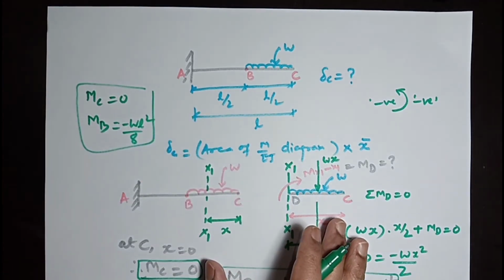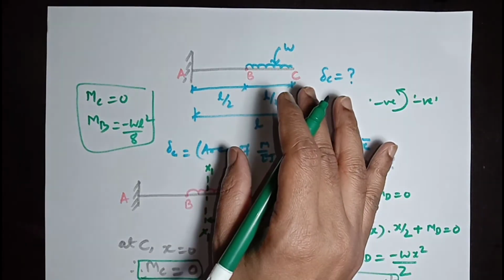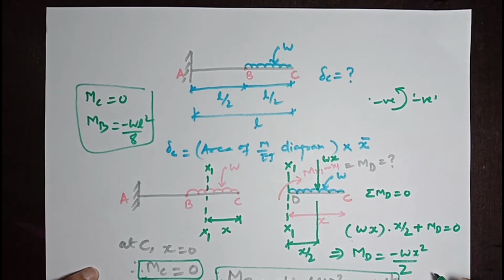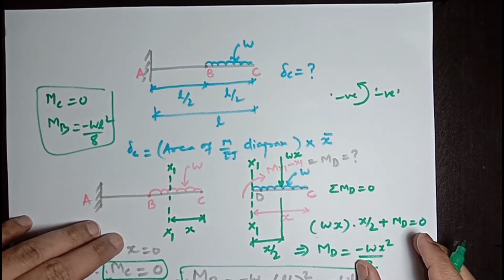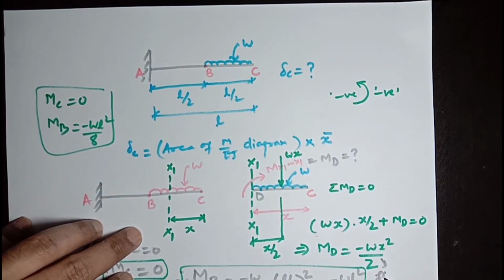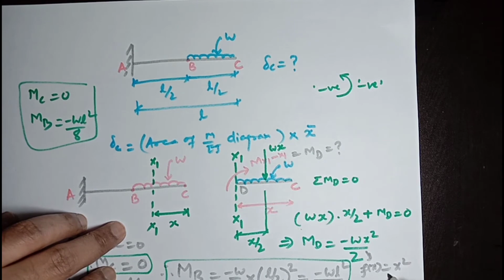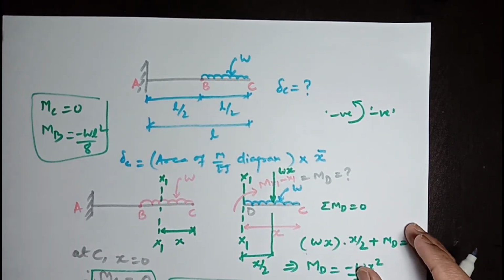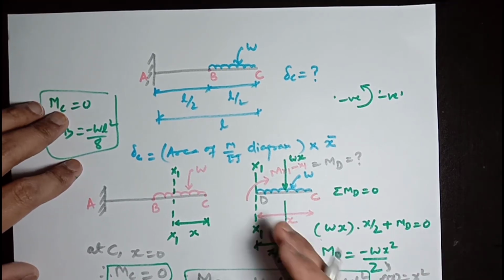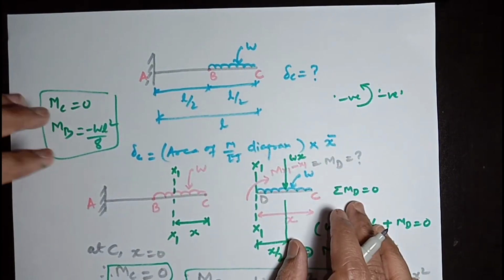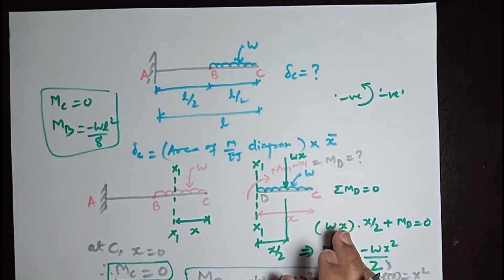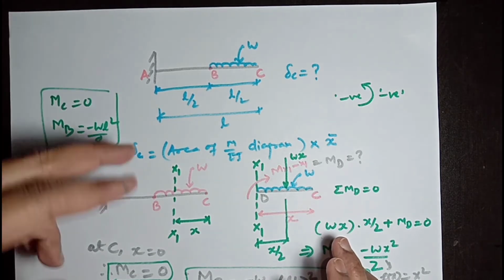We are done with the bending moment, the critical bending moment at points C and B, from this general expression, which is a function of x square. This is a function f(x) equal to x square, and x square is the general function for a parabola. So from C to B, the bending moment curve will be a parabolic curve. And now we will be moving forward.